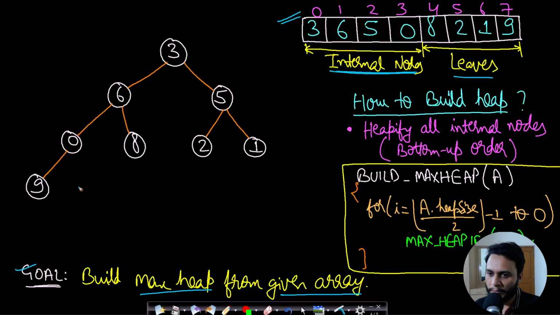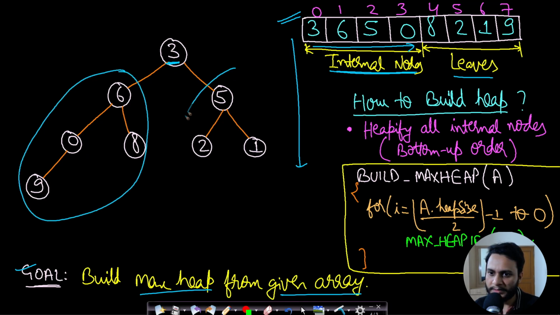So if you know that concept already, and let's say you want to apply heapify to this node, this is the root node. So let's assume that you are applying heapify to all these nodes from left to right. So this left to right is nothing but the top down order. So can you apply heapify to this node 3? Now in order to apply heapify to this node 3, this entire left subtree as well as this entire right subtree should already be a heap.